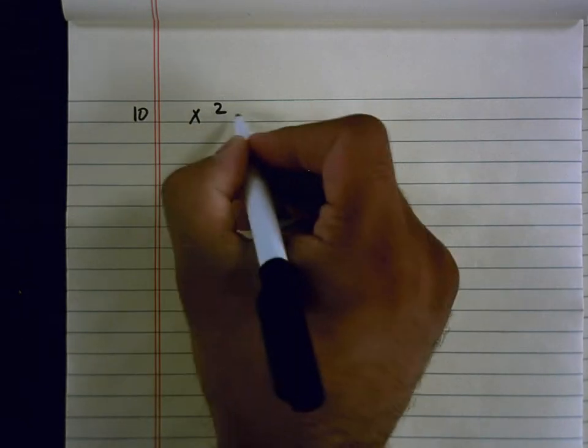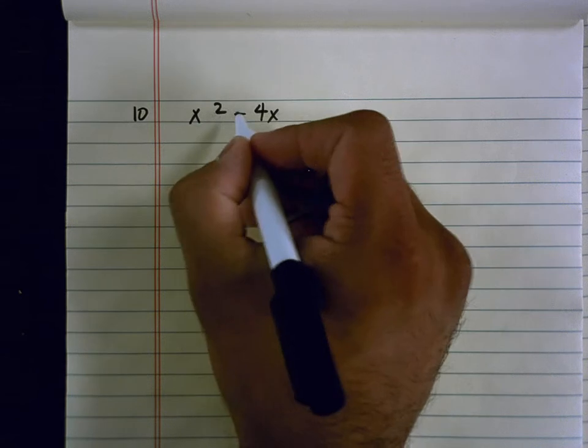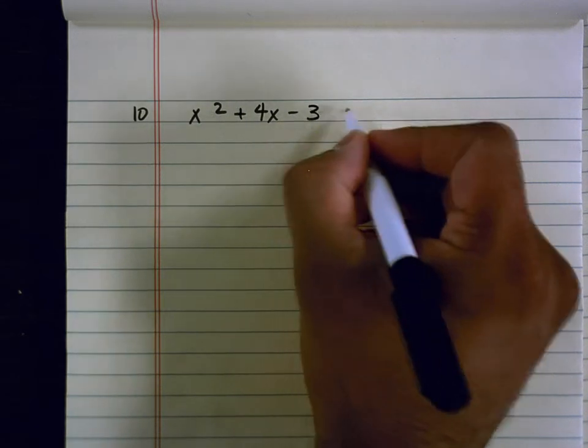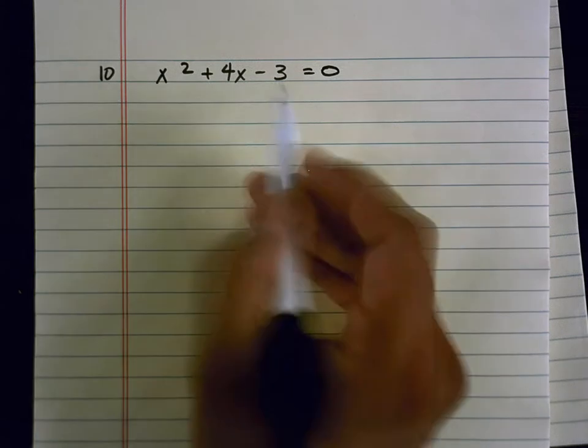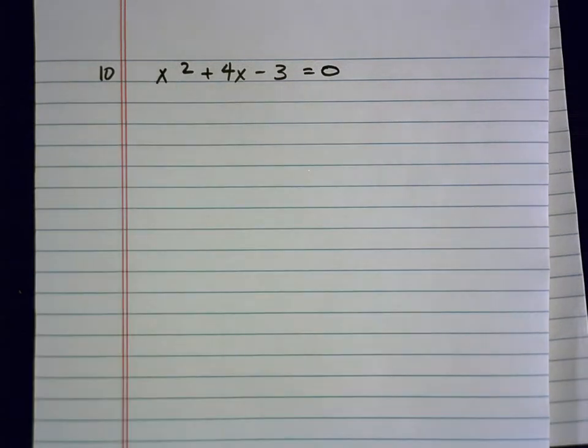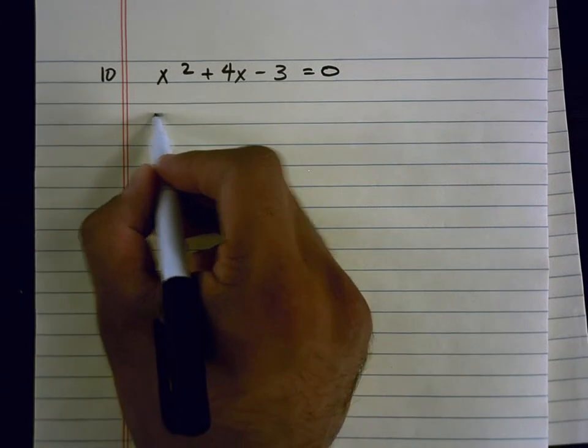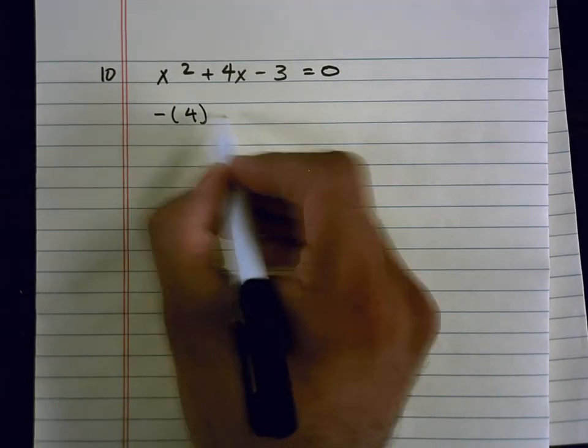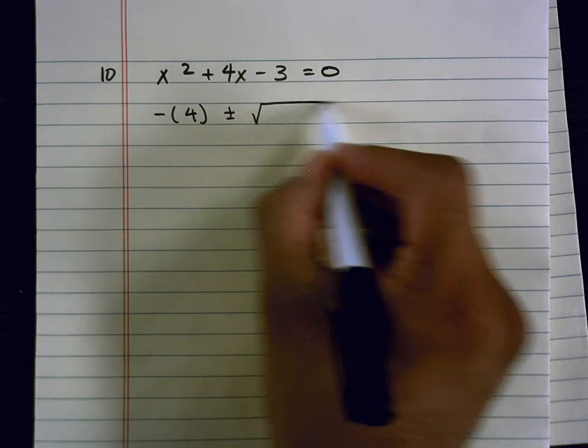Number 10 says x squared minus 4x plus 4x minus 3 equals 0. Well, you can see here nothing multiplies to negative 3 and adds to 4, so I have to use my quadratic equation. So I'm going to go ahead and say negative b plus or minus the square root of b